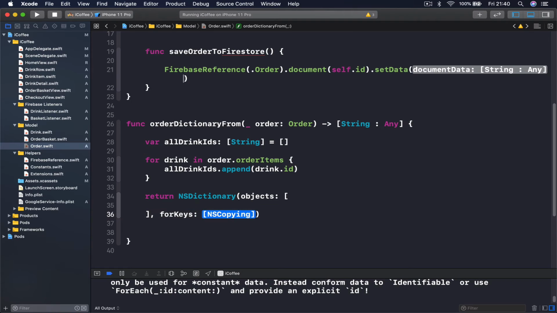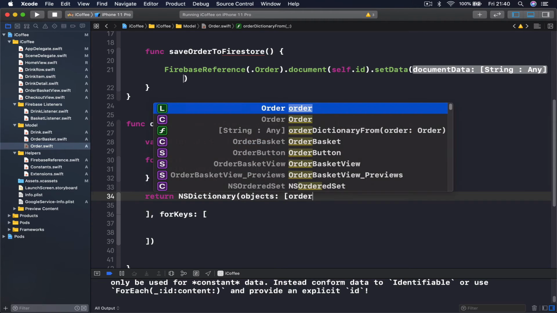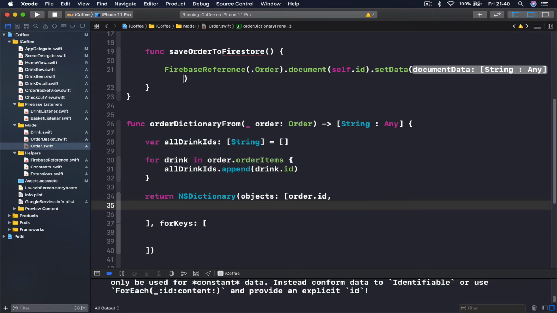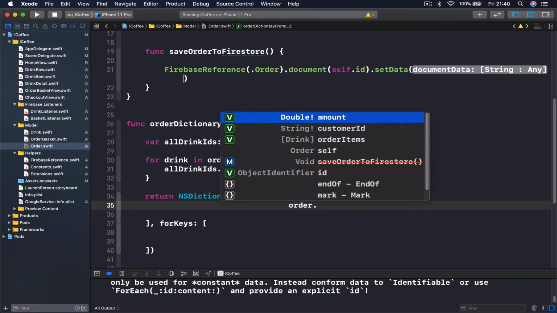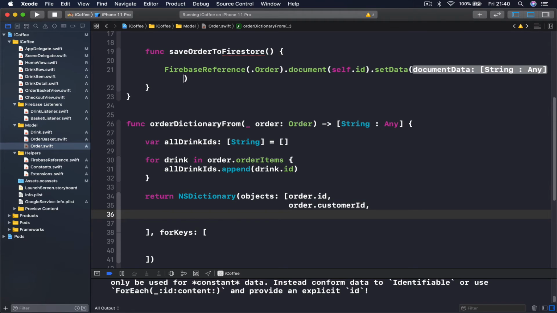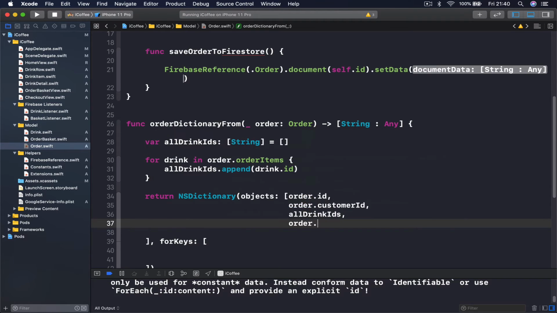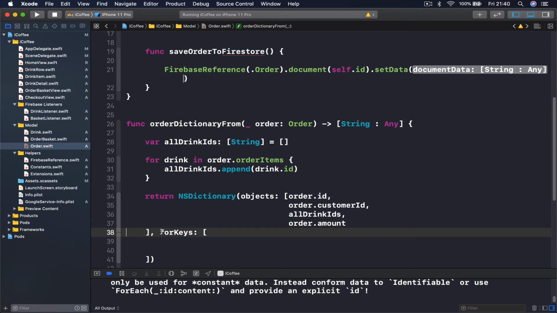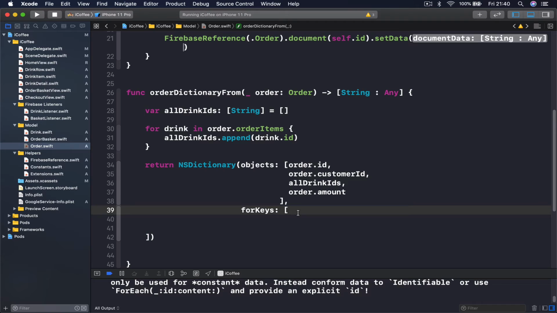I'll put braces, and same goes here for our keys. So for objects it is going to be order.id. Then we have order.customerID, and then goes all drink IDs, and finally order.amount. Let's just get rid of this, and then we have for keys, and take this here. For keys, again, remember we need to go one by one. We say kID